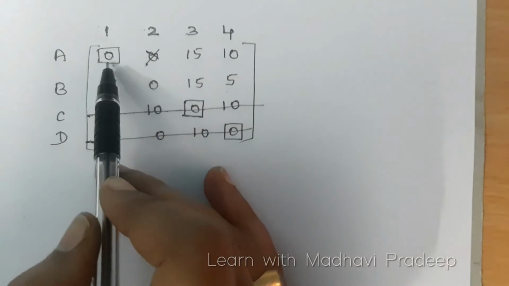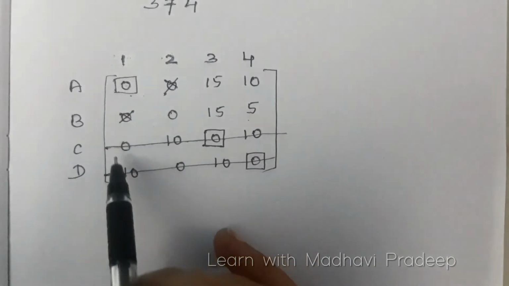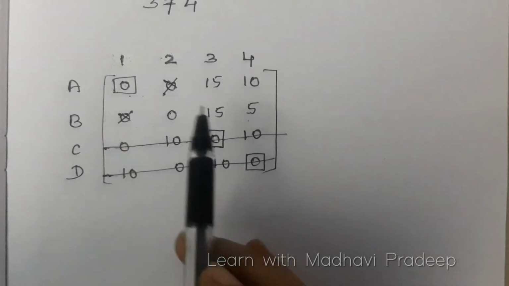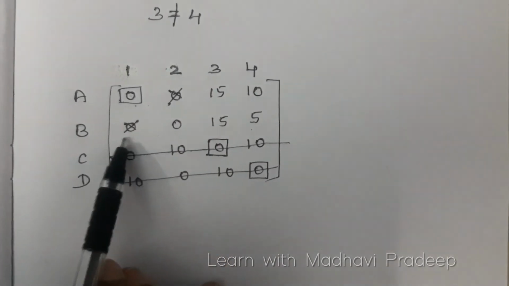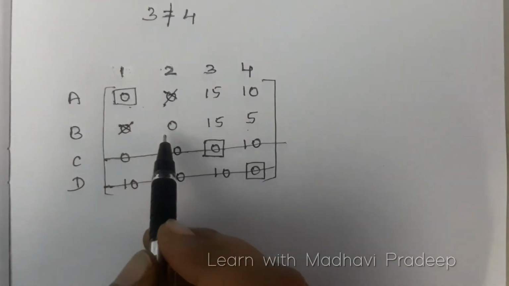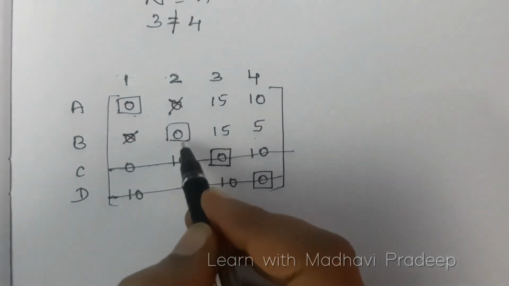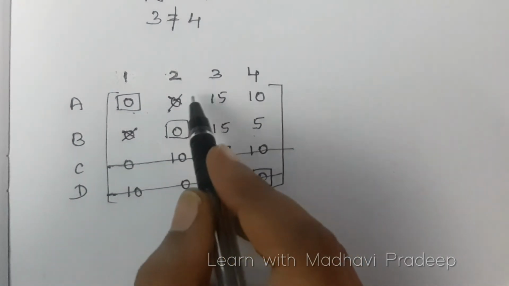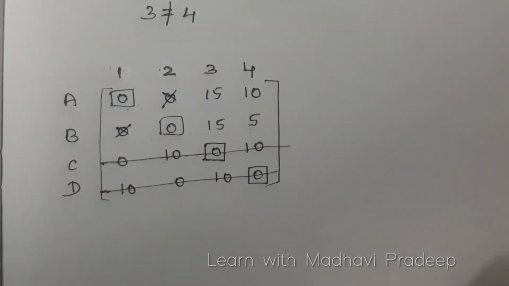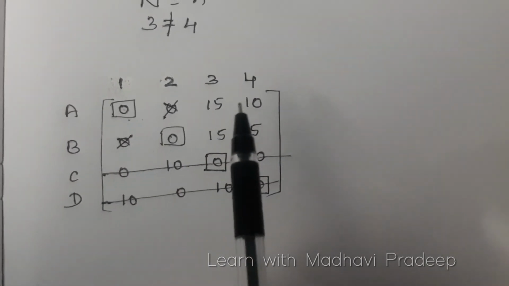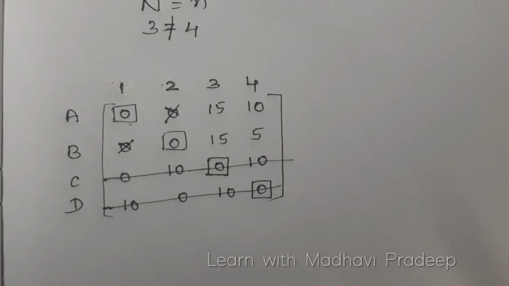The zero where you have allocated, to those diagonal sides, that is towards the horizontal and vertical side, if you find any other zero, you need to cancel that zero. So now it is allocated. Now in the second row, see, only 1 zero is left out, so you can allocate here. Towards this zero, the vertical side is already cancelled, and the horizontal side is also already cancelled. This is how you need to apply the diagonal method. Now the allocations are done and all the zeros are cancelled here.